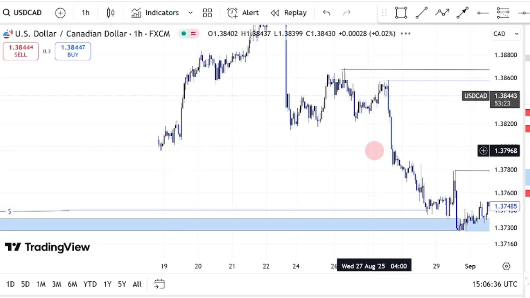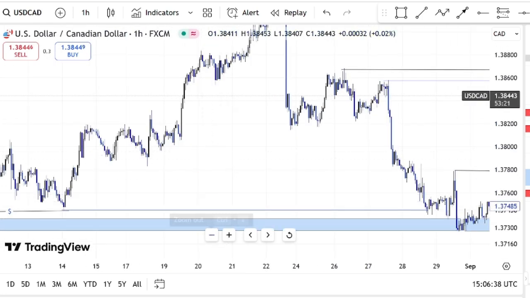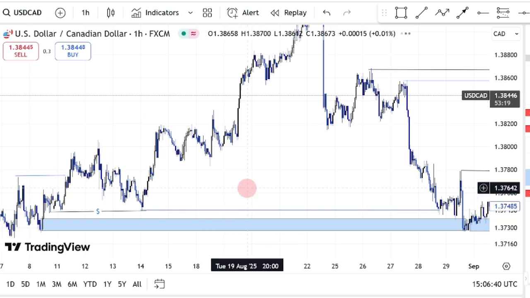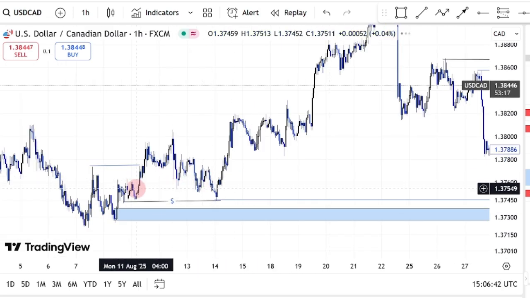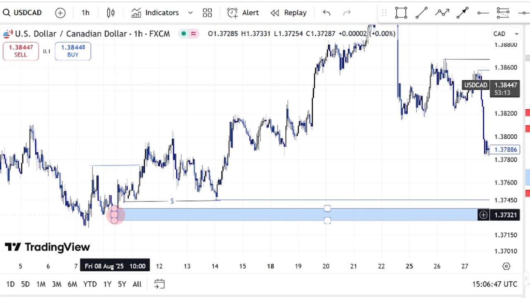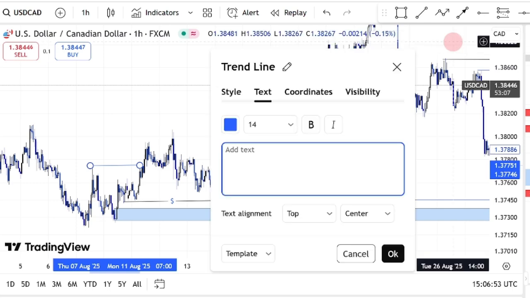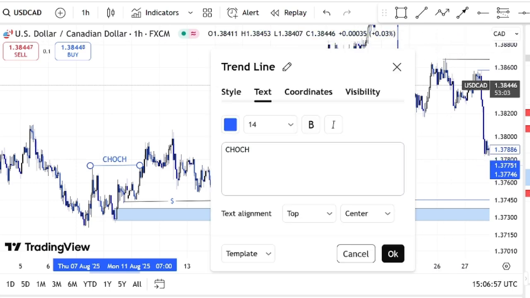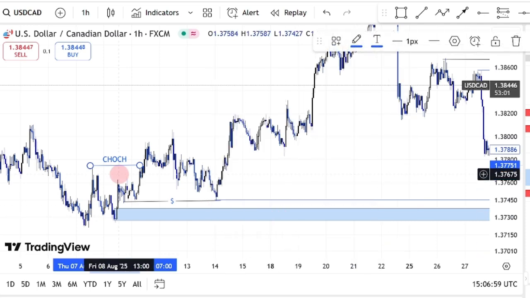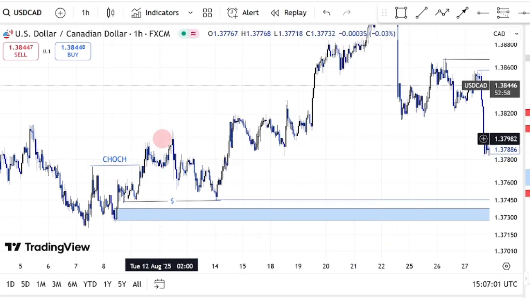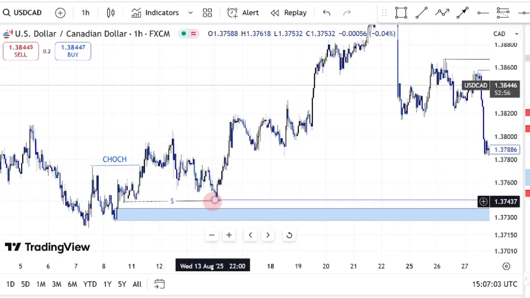Okay, so here we are on the USD CAD on the 1 hour time frame, and what can you see? This was the last order block we had at this point. Price was pushed up, giving us a change of character at this point. After having that change of character, we notice price pulled back down, acting like it wanted to